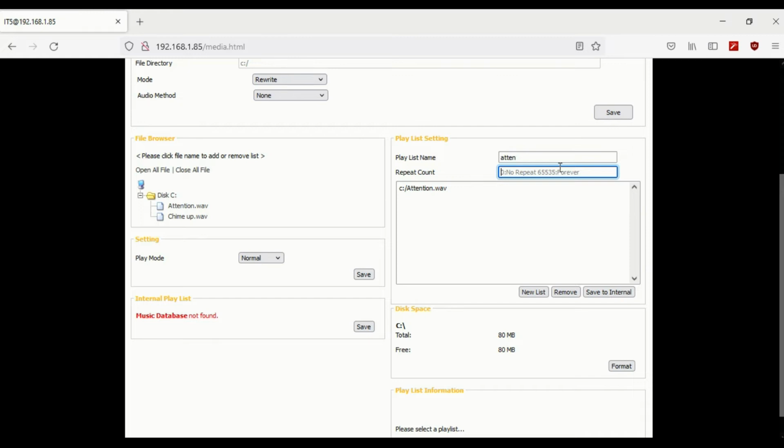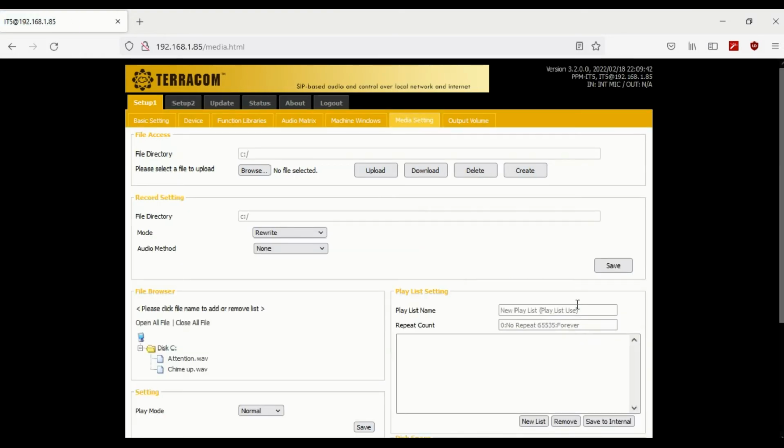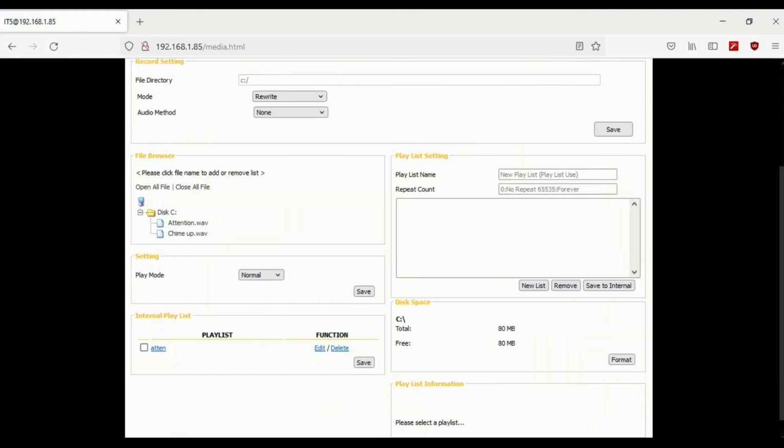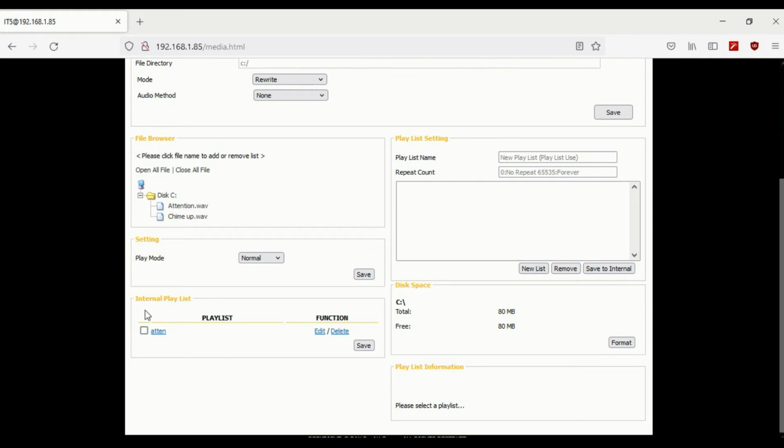How often is this going to repeat when you play it? 0 if you just want it to play once. And then let's add that. The window will refresh. And you can see now at the bottom, it's in the playlist now,